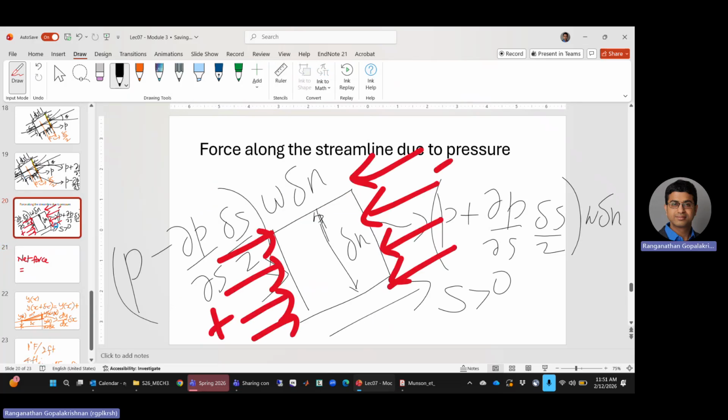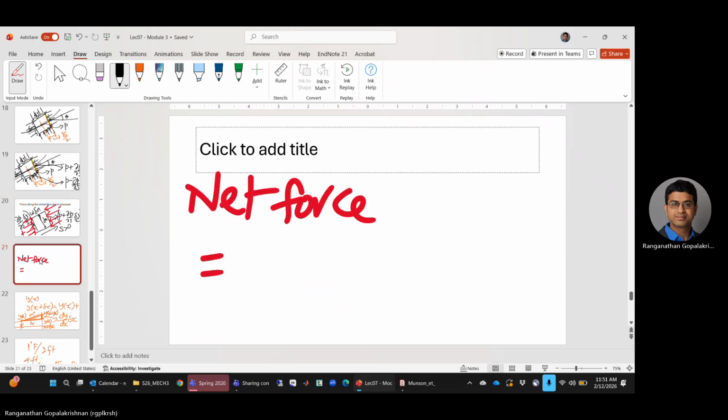No, I'm trying to understand what the net force is so that I can equate it to the acceleration rate. There is an external force like gravity, there is pressure, and these two are causing the acceleration which we derived last lecture. Okay, we are not trying to do a static balance. Negative. No, negative. Okay, I'll just write it because I'll arrive at the answer.